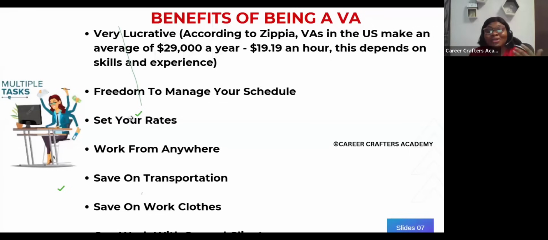Sometimes they are ill and I have to take them to the hospital. Because I don't know how long I'll be in the hospital, I carry my laptop so that if it's time to clock into work, I turn on my computer and start working. So you see, it gives you a lot of freedom. You also have the freedom to set your rates. Like I said, different people charge different amounts. So it's up to you to say, okay, this is the amount I want to charge.